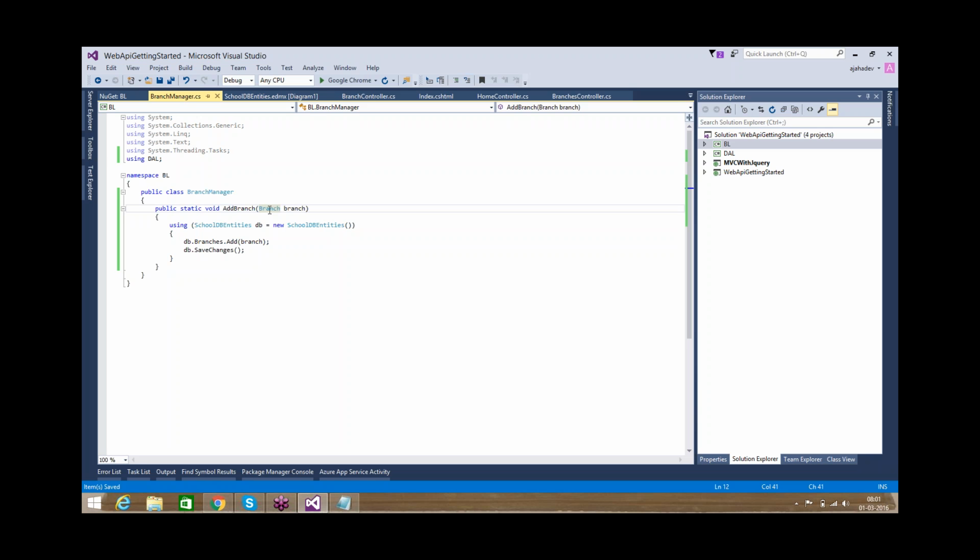Okay, so this is the way normally everybody in industry, in a developer's day-to-day life, follows this approach only. Okay, this is called three-layer architecture. Three-layer means,